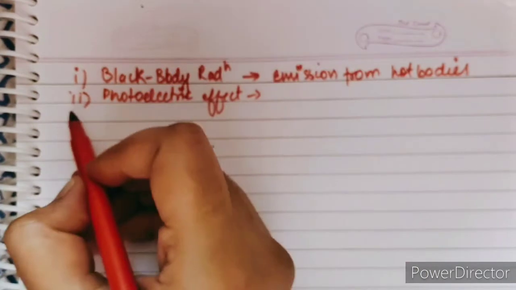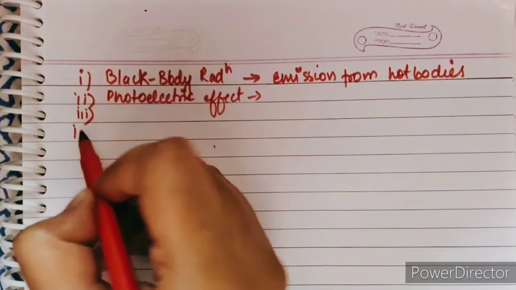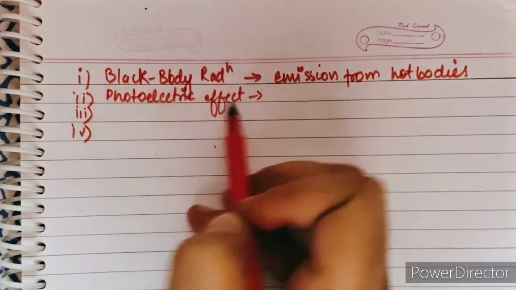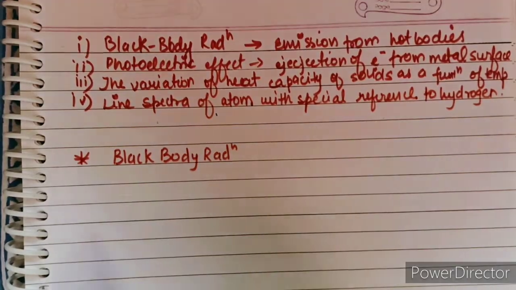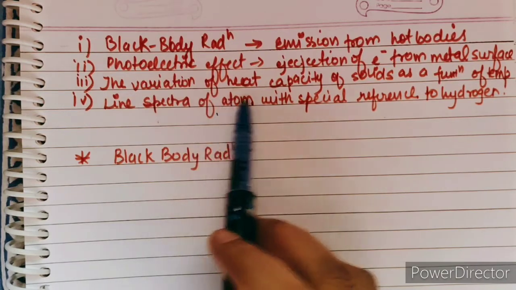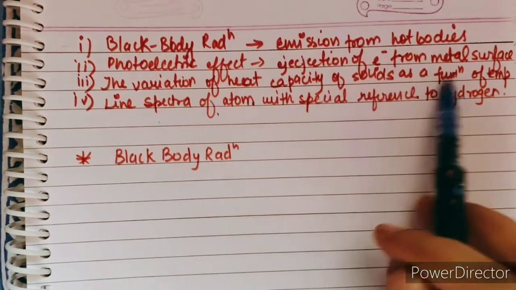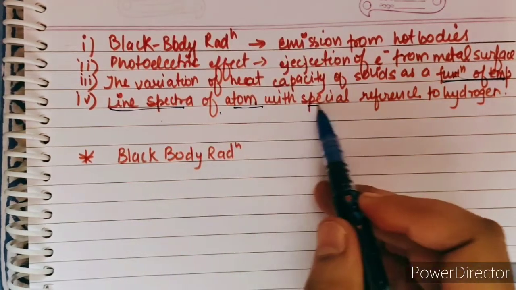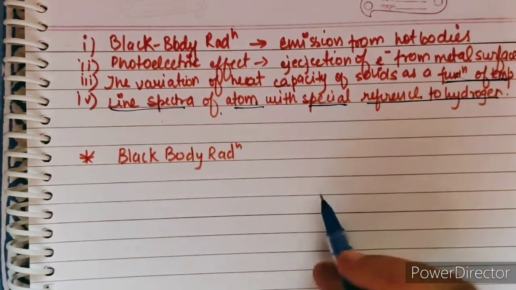The third one is the variation of heat capacity of solids as a function of temperature. And the fourth one is the line spectra of atom with special reference to hydrogen atom. So these are the four limitations of wave theory of radiation, out of which the first one